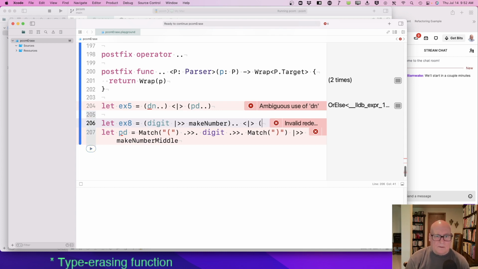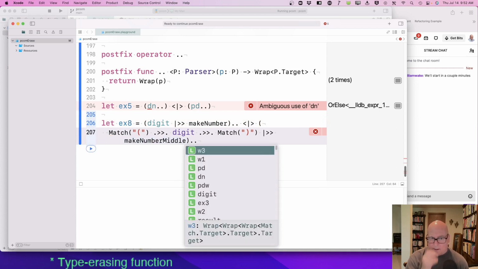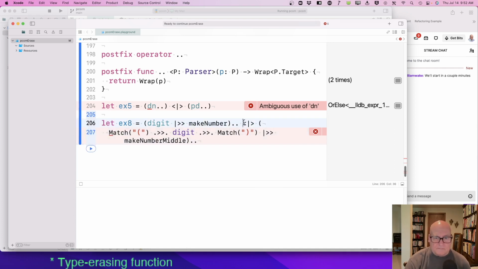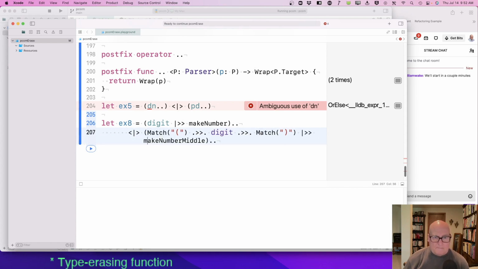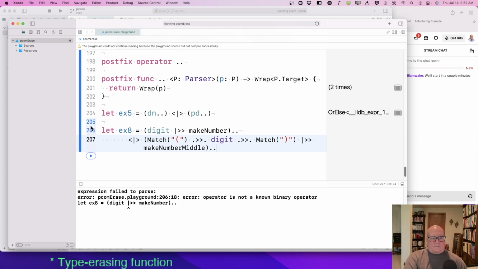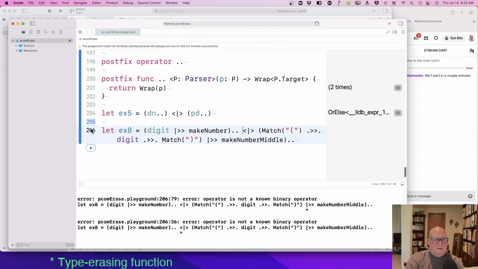Or this dot dot. Right. Do I have to put it on one line? Operator is not a no operator.